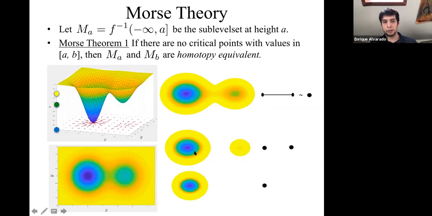One of them coming from the first critical point and the other one coming from the second critical point. But these are two disconnected points because you can contract each of those disks to single points. And having 1 point is not homotopy equivalent to having 2 points. As you increase the sublevel set, as you increase the A for your sublevel set even more, then you hit